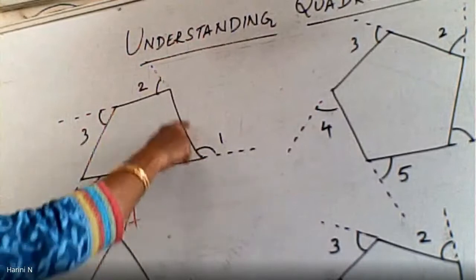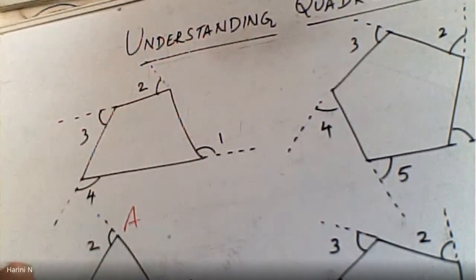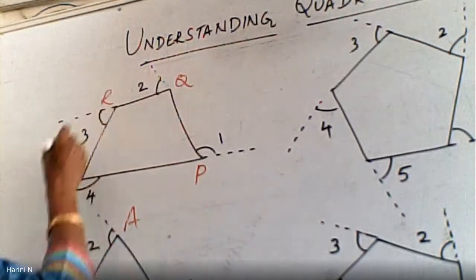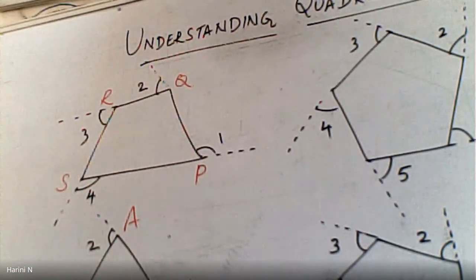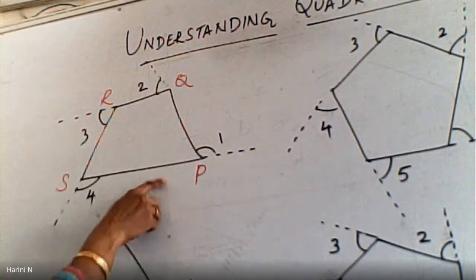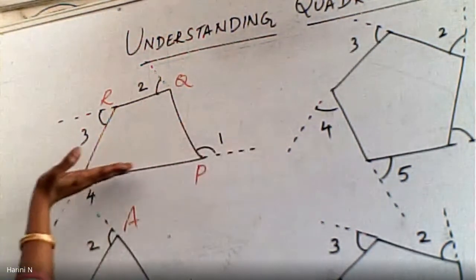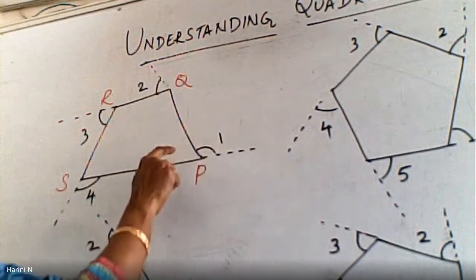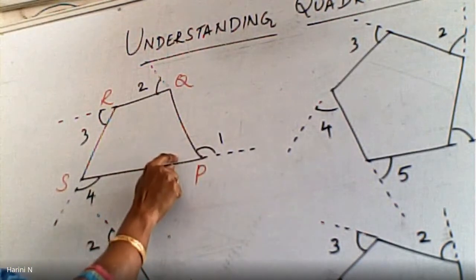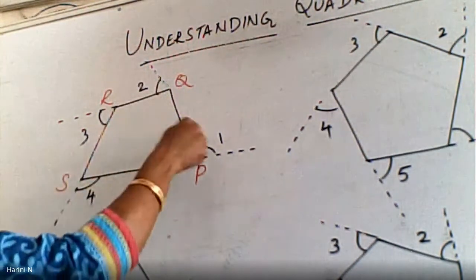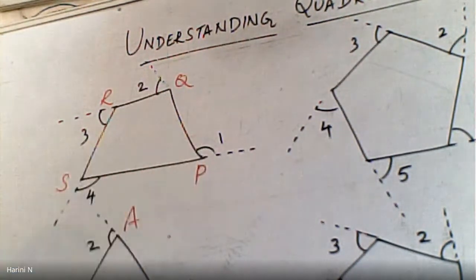Now for the quadrilateral, because there are four vertices, I will say that is P, Q, R and S. Alright, start from P. So you will keep your scale along SP. When you extend these dotted lines, the angle sitting inside at P is the interior angle. Its adjacent angle, with the common arm, should be the exterior angle.